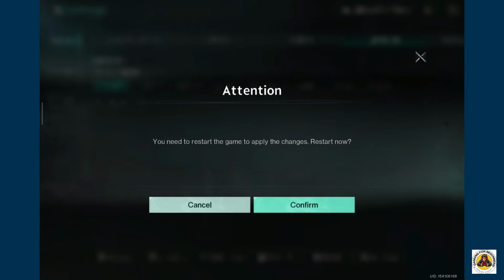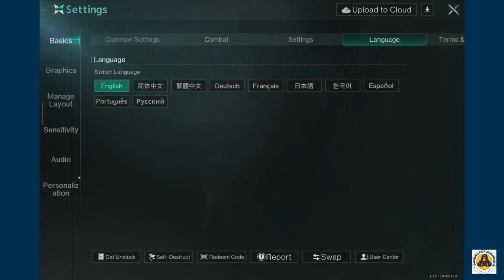Soon after the game restarts, you will be able to load the game in your chosen language. All the menus, text, and dialogue should now appear in your selected language. So that is how you will be able to change your language setting in Once Human using your mobile device,